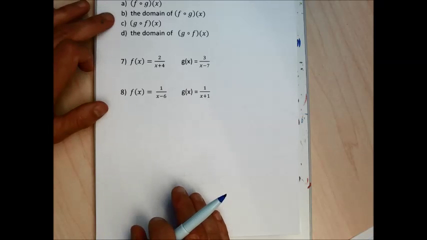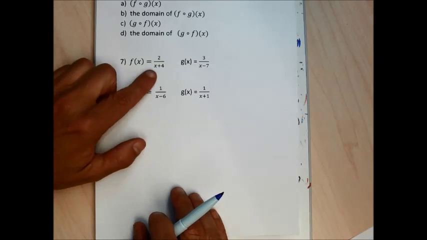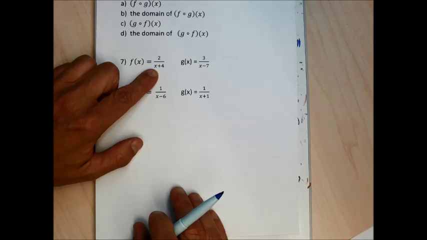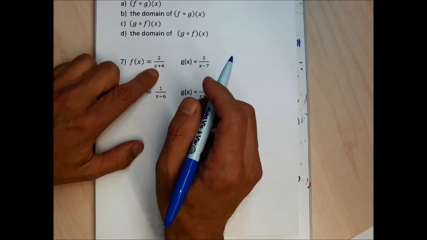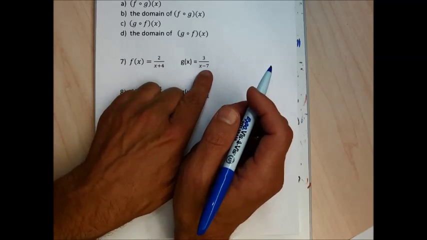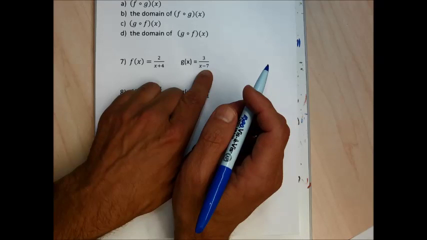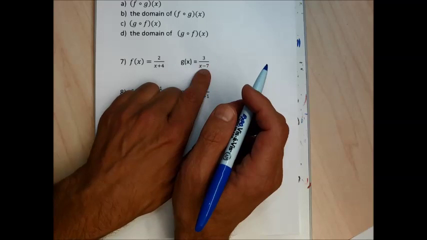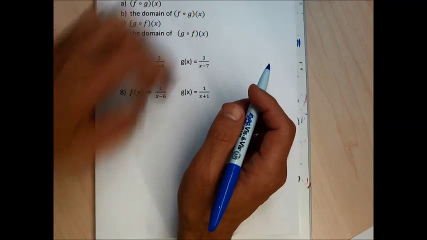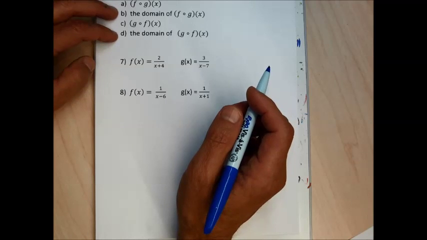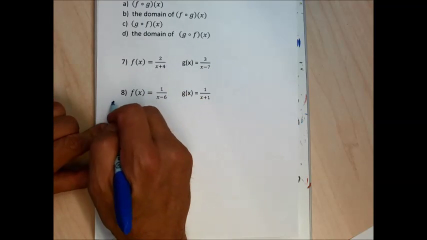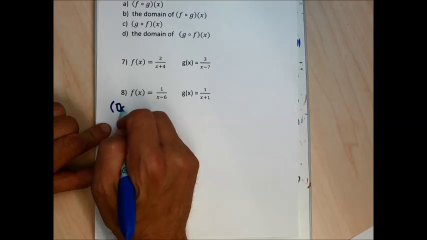So I can't jump right into doing the domain, because for the domain of f of x, you'd set the denominator equal to 0 and get x equal to negative 4. And your f of x, the domain is all real numbers except negative 4. And for your g of x, to find the domain, you'd set the x minus 7, the denominator, equal to 0. You get all real numbers except 7. Because the domains of the functions aren't negative to positive infinity, the domains of the compositions won't be negative to positive infinity. So for my function f, just real quickly, I'll write down the domain